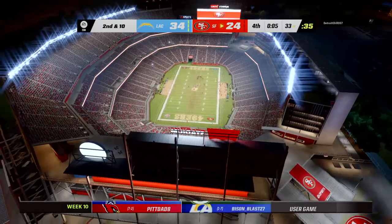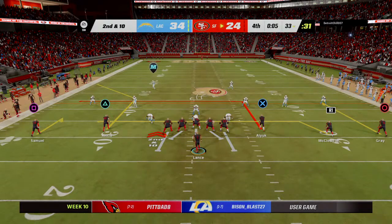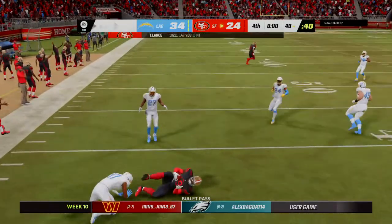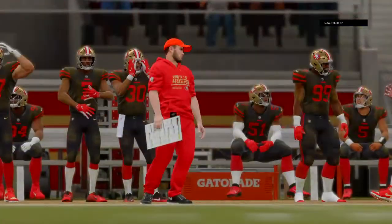When you're leading in the final quarter, your radar has to be up for any potential deep shots. And probably not the last one they're going to see in this game, not as long as they hold this lead. Lance's throw taken in by Samuel. A higher